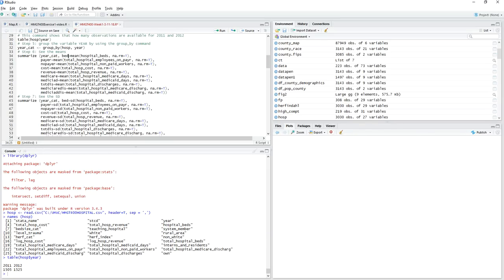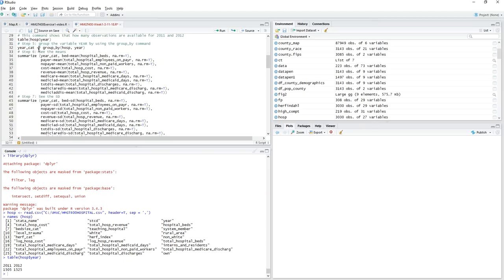For generating a mean, you need to categorize your data based on the year, right? We are going to group data by year. So we're going to have two data sets. You cannot see that, but RStudio considers them as two data sets. Based on this command, I ask RStudio